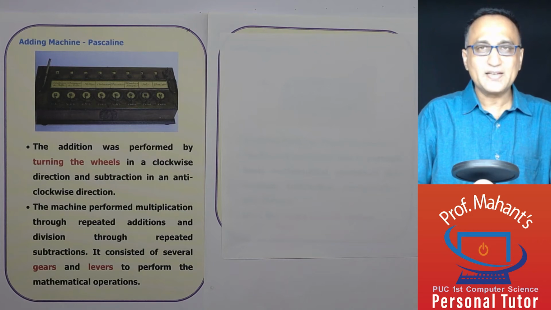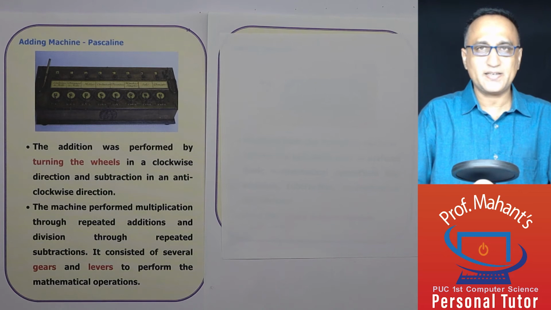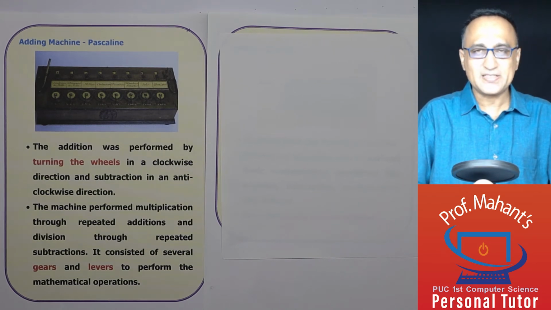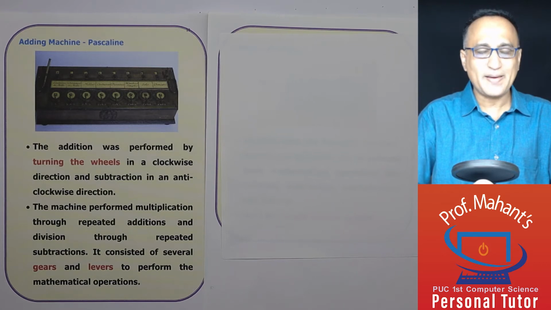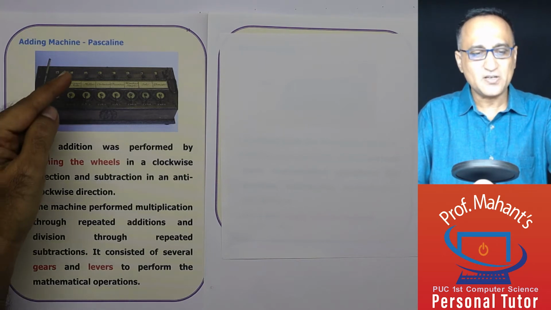The next mechanical device we shall be talking about is the adding machine called the Pascaline. The inventor of this machine was Blaise Pascal, in whose honor the Pascal programming language is named. Blaise Pascal's father was a tax collector and he had to do a lot of addition and subtraction. So, in order to help his father do addition and subtraction very fast, he devised this machine called the